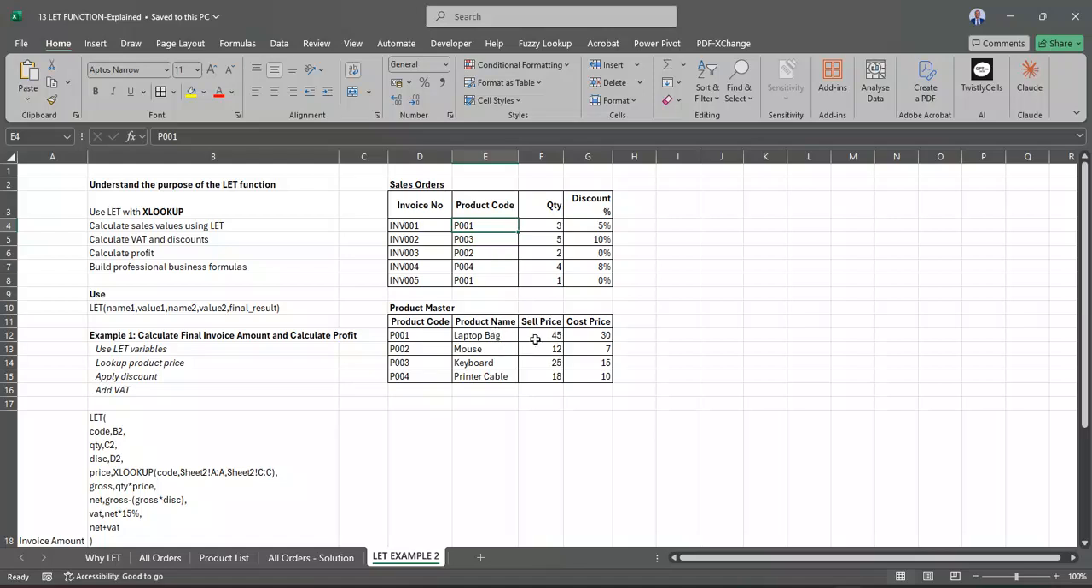Here you have the invoice number and the product code, but you would want to bring the price and the cost. The first task is to calculate the final invoice amount and calculate profit. Those are the two tasks. But to do that, your sales data is in the first table and the products data is in the second, so you would want to say quantity